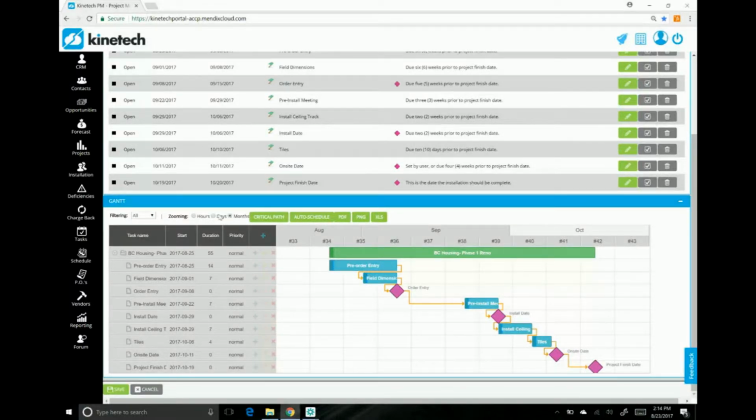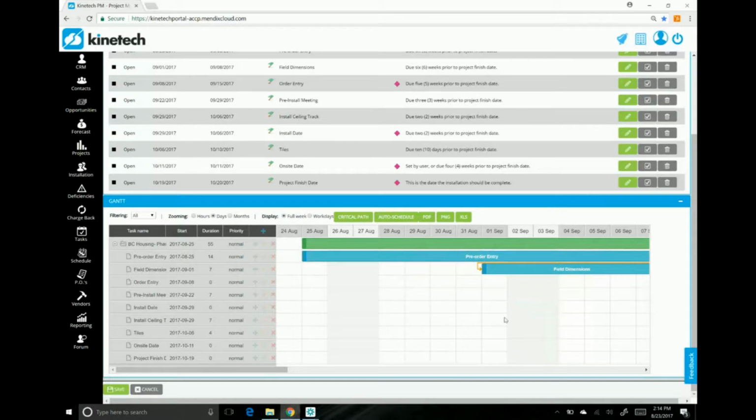So the first thing that I like to show on the Gantt graph is that you can actually change your views from days to months. It defaults to days, and that can get a little bit too much to look at. So if I look at months,